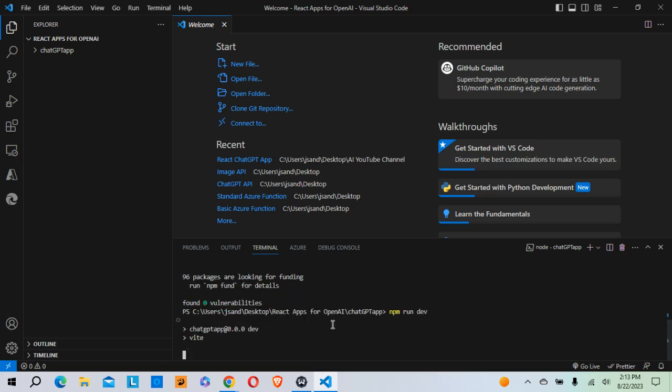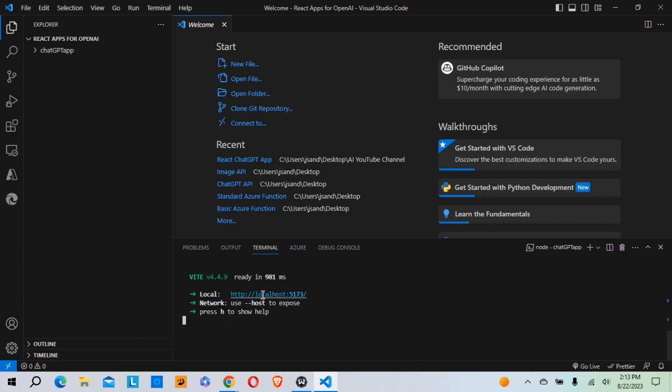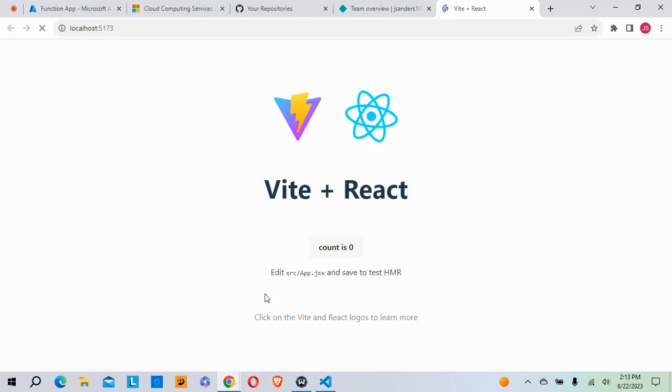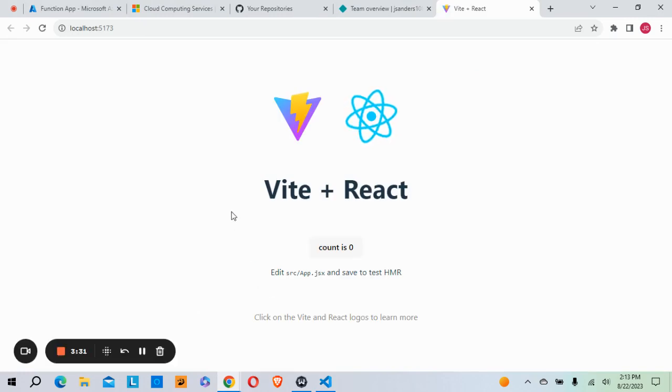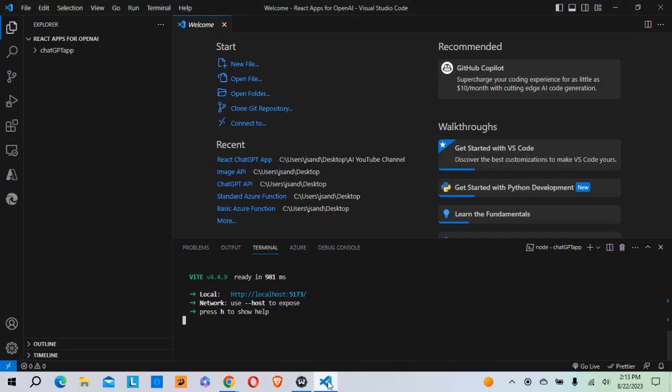And when it does that, it gives you a link to a local link on your local machine where it's running, and you can click on that link. And it takes you to your React app. So this is what the React app looks like currently, but we're going to make some changes to that. So let me go back to Visual Studio Code,